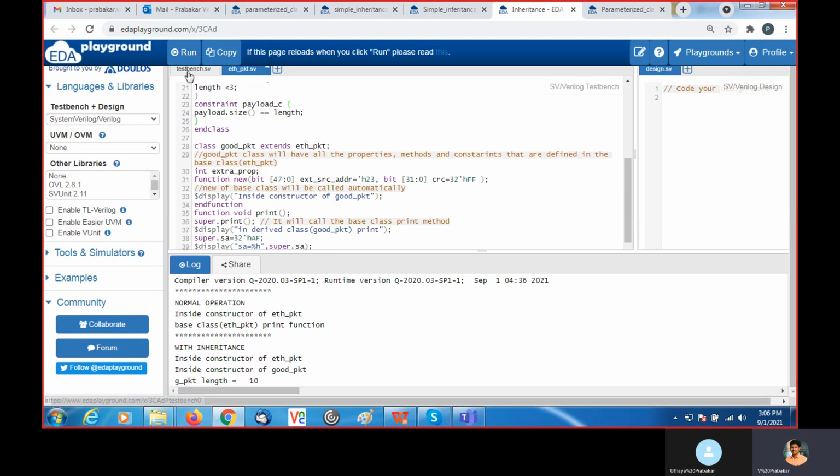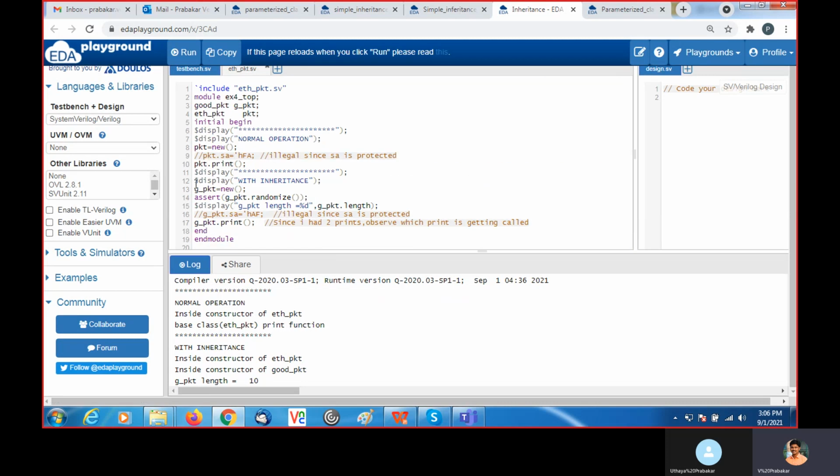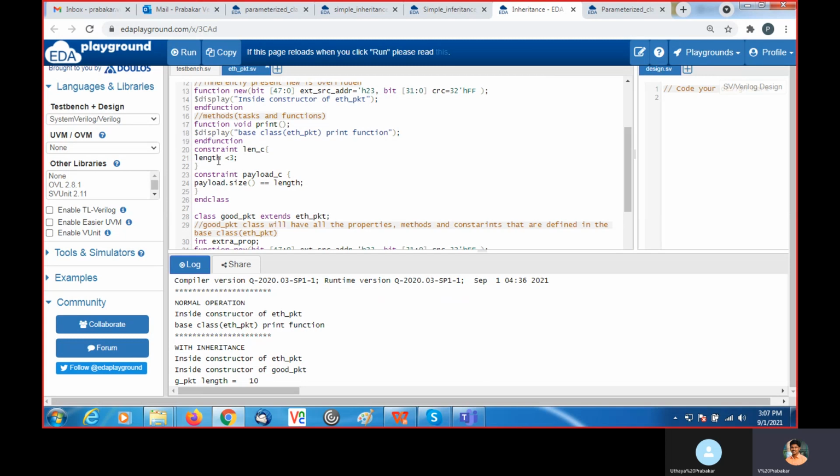Then with inheritance, here assert pkt dot randomize. When I call this randomize, gpkt is nothing but the handle of good packet. Through this handle, randomize is a method that will randomize the variables declared as rand.